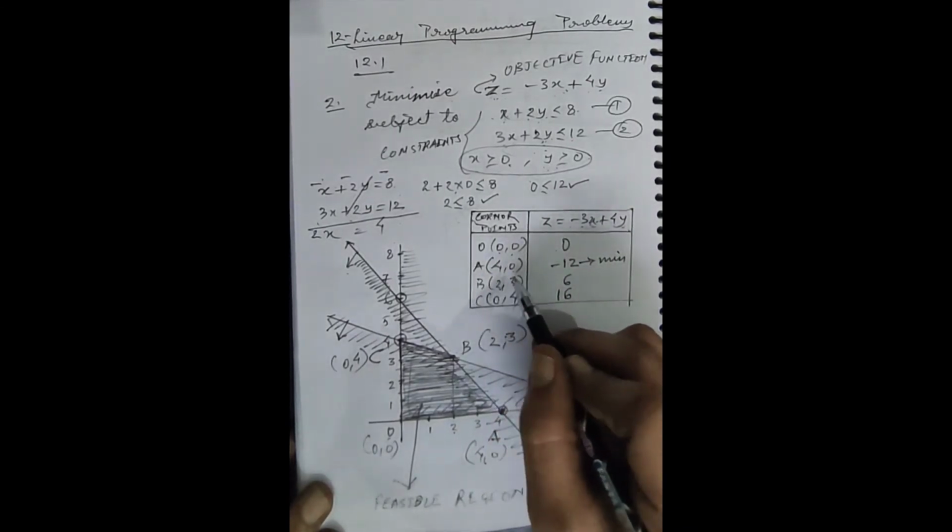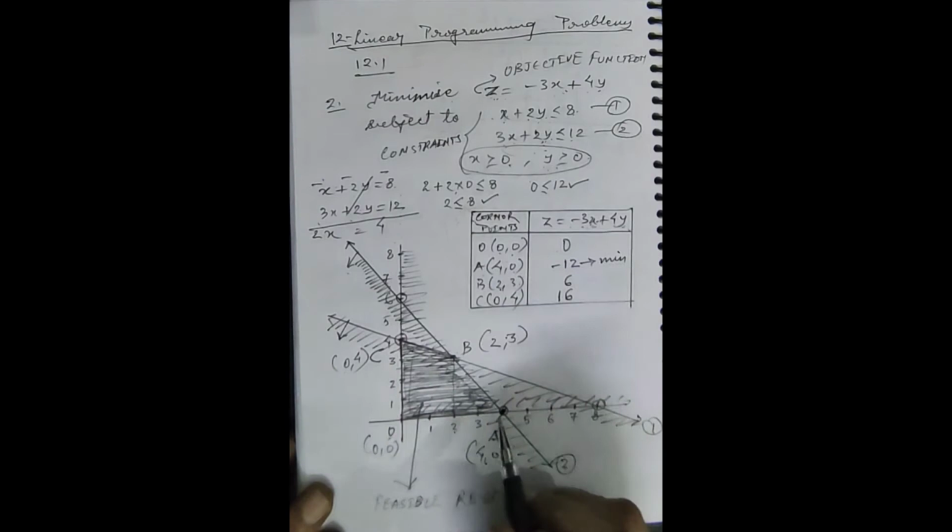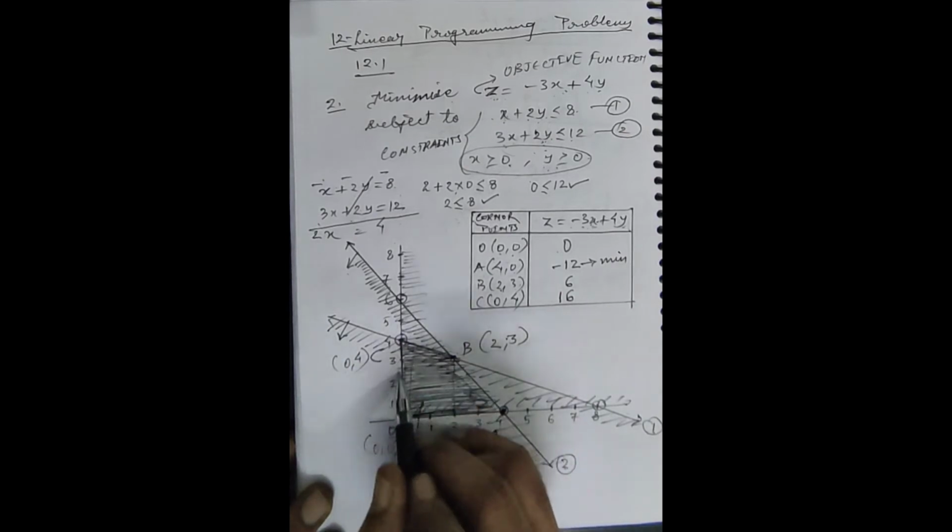And for point A, 4 comma 0 means this position. So here, this is the point where this objective function will be giving us the minimum required value. By the way, in the feasible region, this is not the fixed point. Optimal values can be obtained on the boundary of this polygon, this feasible region. That's why we are selecting corner points. Also it is not a must that the optimal value will be given exactly by 1 point. This may be given by more than 1 point also, lying on the same line.